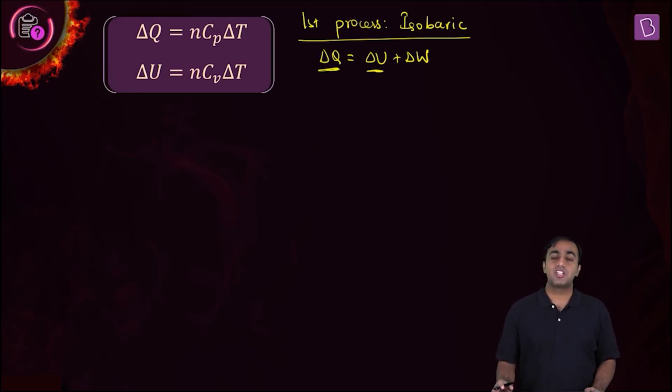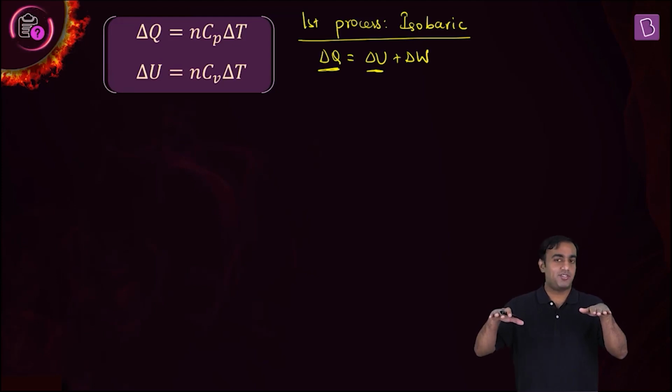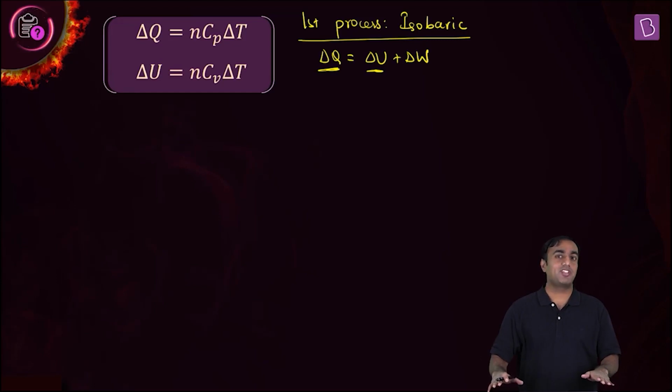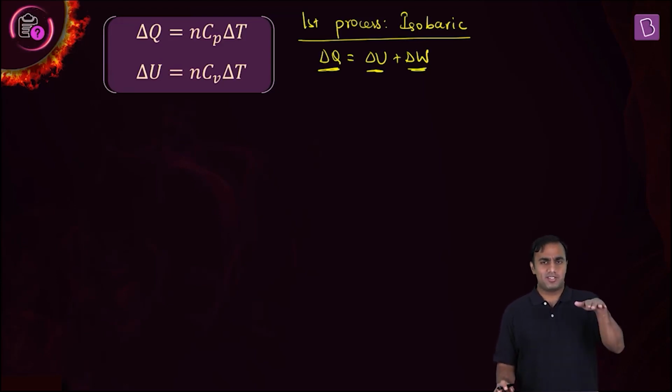What about delta U? The change in the internal energy. You know that internal energy of the system is dependent on the temperature. It is proportional to the temperature. So if the temperature increases in the process, U increases, delta U will be positive. If the temperature decreases in the process, U decreases and delta U will be negative in that process. What about delta W? The work done. If the volume increases or the work is done by the system, then delta W is taken as positive. If the volume decreases in the process, that is, the work is done on the system, then we take delta W to be negative.